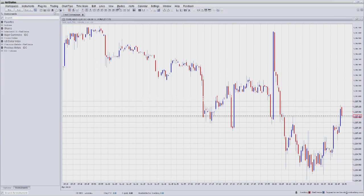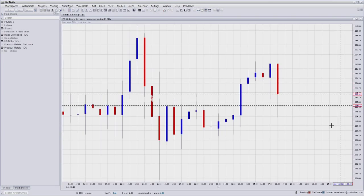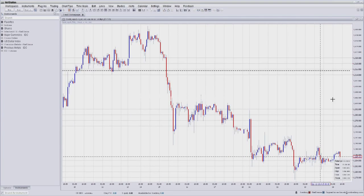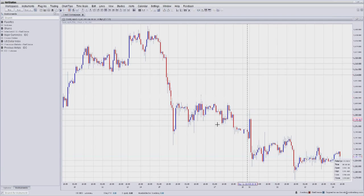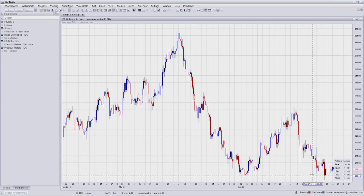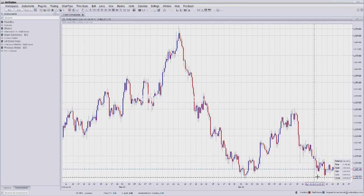Gold's been relatively quiet over the past day or so. Let's just bring it up a little bit. Remember, it came down from 1330 recently, just challenging, retracing after that big move down, and now it's re-challenging its lower levels. So if we look at a longer time frame, it created this little